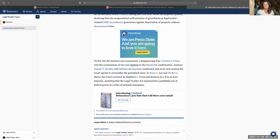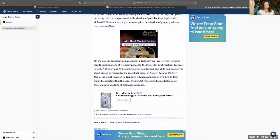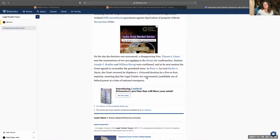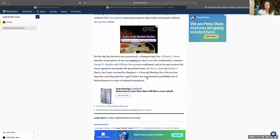On the day the decision was announced, a disapproving President Ulysses S. Grant sent the nominations of 2 new justices to the Senate for confirmation. Justices Joseph P. Bradley and William Strong were confirmed, and at its next session, the court agreed to reconsider the greenback issue. Put two of my guys in there, and we're going to reconsider that. In Knox versus Lee and Parker v. Davis, the court reversed its Hepburn versus Griswold decision by a 5-4 majority,